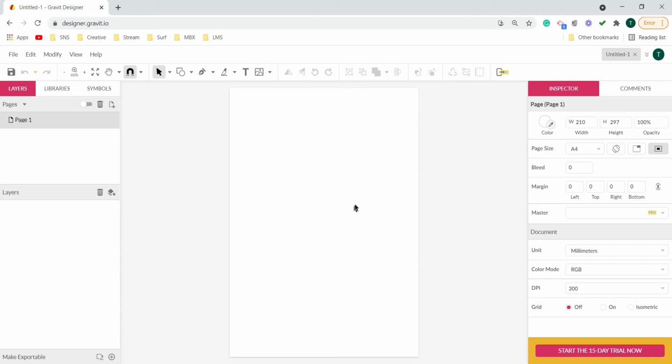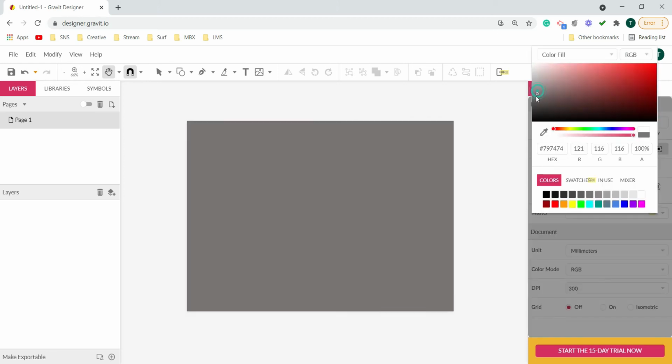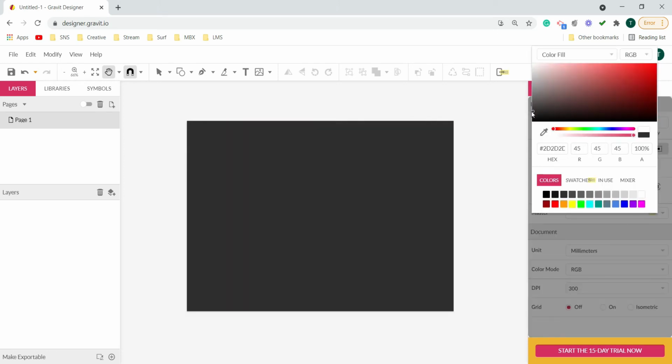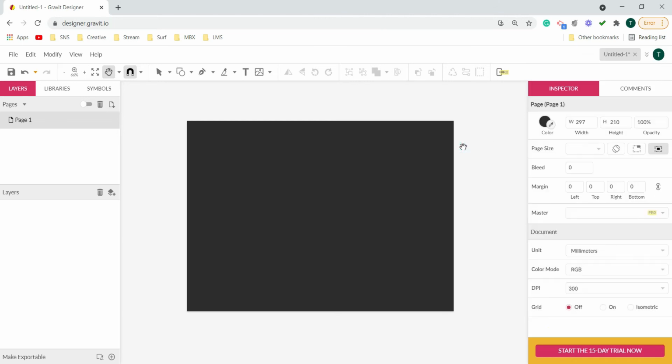So first of all, I have taken a canvas of A4 size. You can choose any size for the canvas. I am good with this one, so I am keeping this. And in the inspector panel, I'll rotate it to make it landscape. After that, I'll change the color of my canvas to a bit darker gray, trying to give an illusion of the universe or the sky at night.